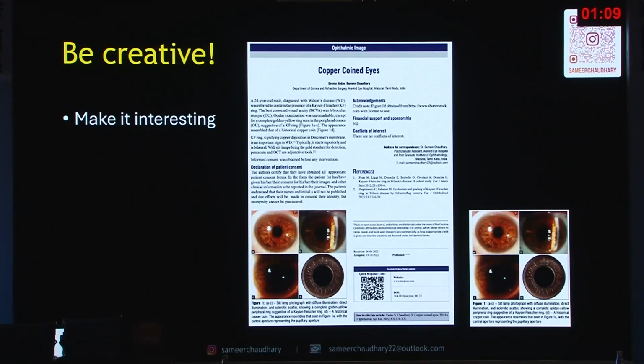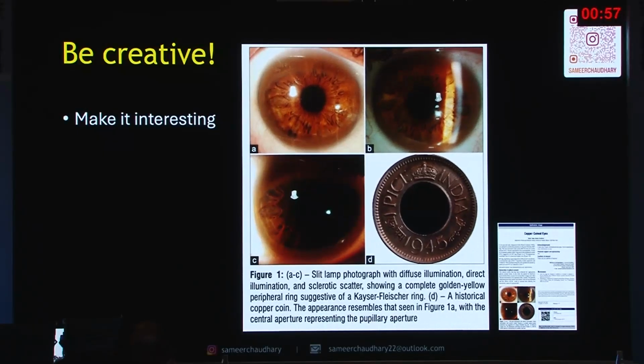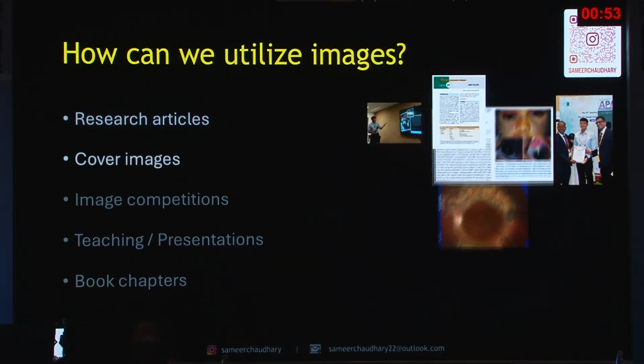Now this is a 360-degree KF ring in a case of Wilson's disease. Nothing very unique, just a good image, and just to make it interesting, what I did was I compared it to the historical copper coin, and it got published in TNOA JOSR. So coming to the next